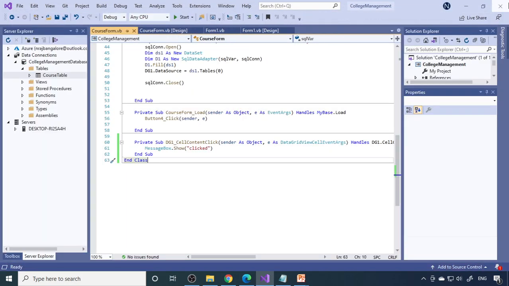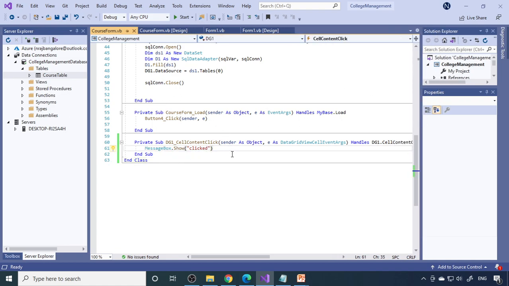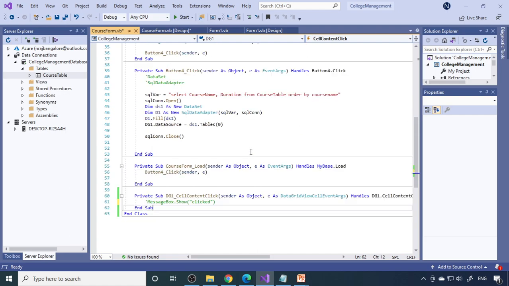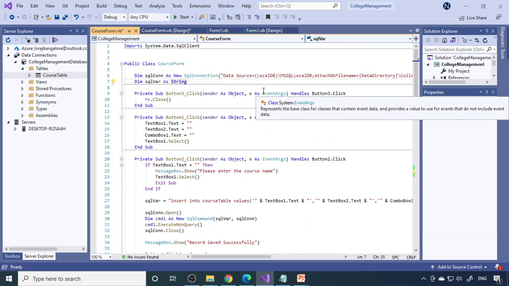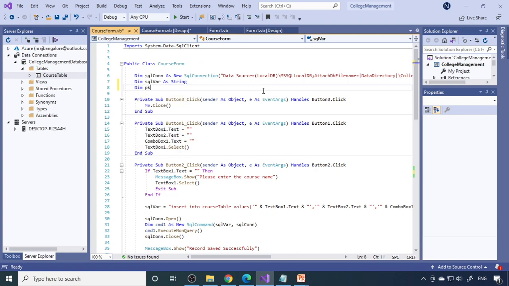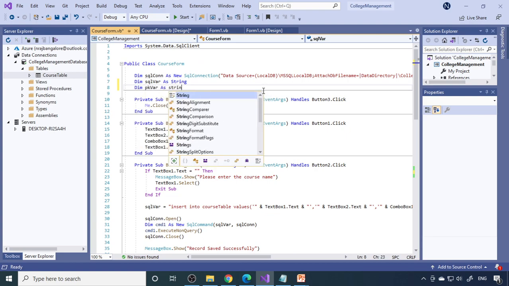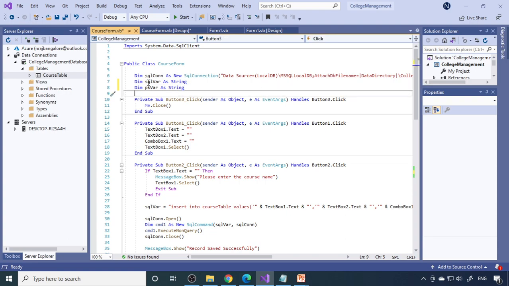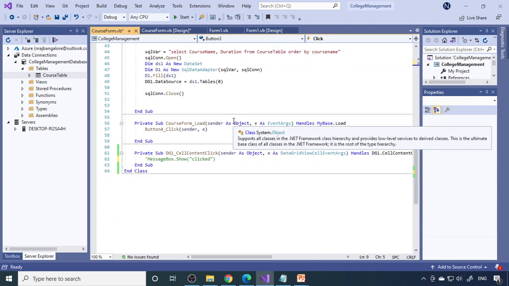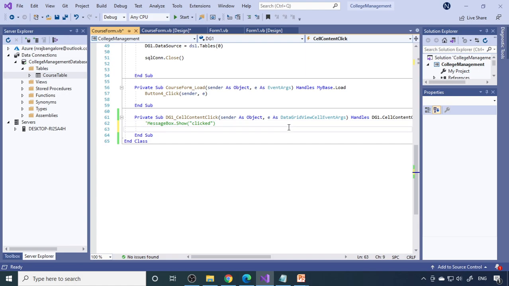So it's executed. Now our next step is, whenever I click, we need to select the course name. We need to take the course name, then go to the table and select the data, then transfer the data to the text boxes. How to do this? Now let us take one more variable, dim pkvar as string; any name you can give. PK means primary key var, therefore pkvar. For this you need to transfer the course name, so pkvar is equal to,